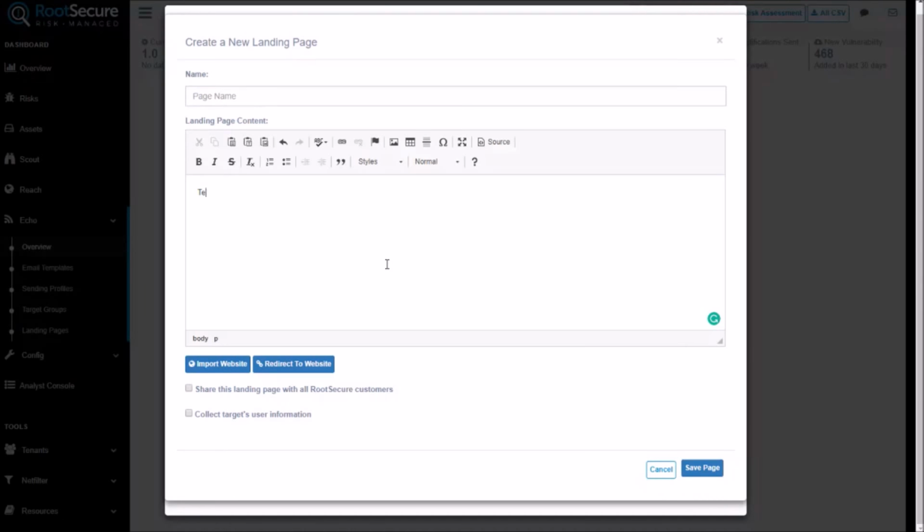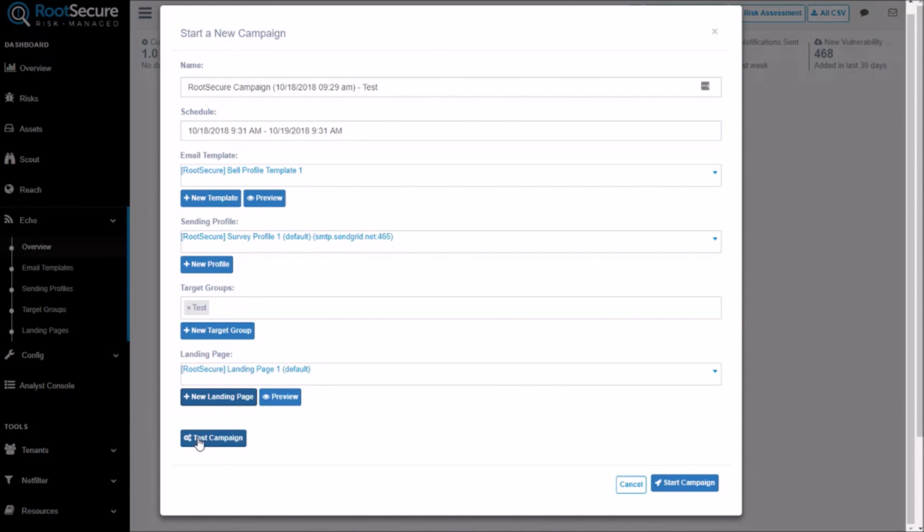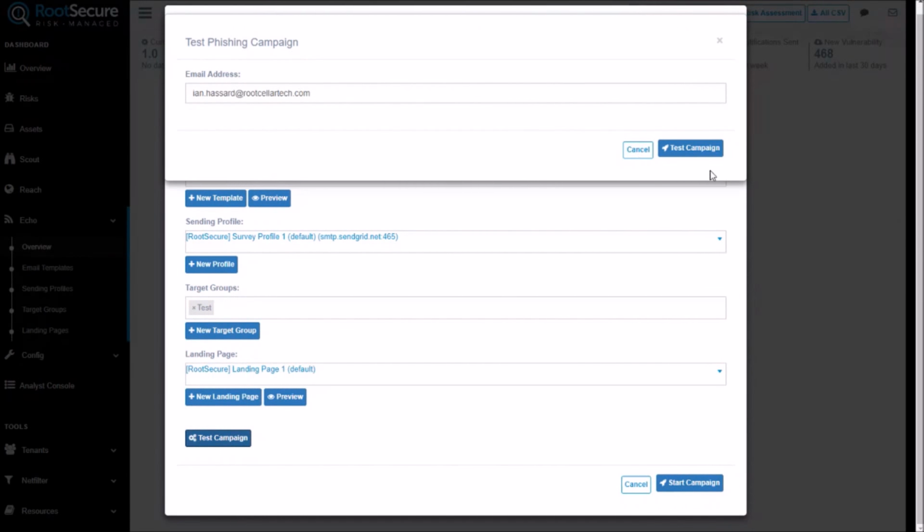You can also build your own landing page or replicate other pages by directing Echo to the page you want to copy. You also have the ability to collect information about your phishing target if they open the landing page. This helps illustrate what an attacker knows about your user if they fall victim to a phishing simulation. Once these are all set, you can run a test to ensure everything is working as expected, and then run